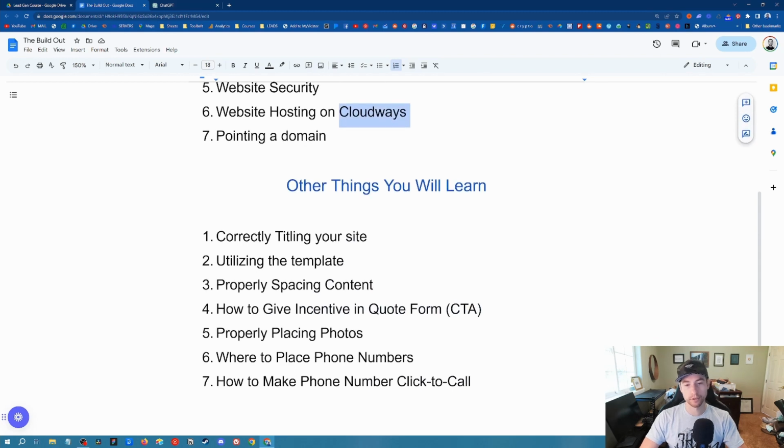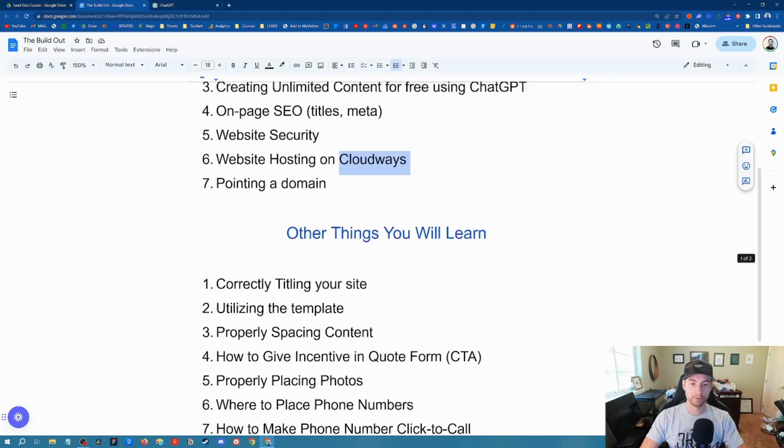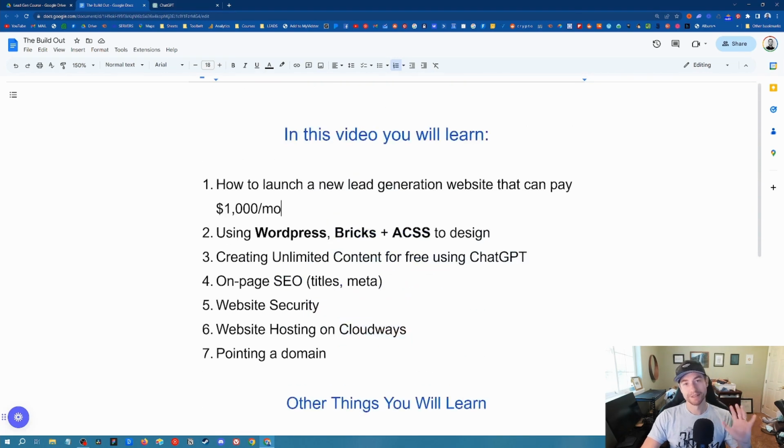Other things you will learn: correctly titling your site, utilizing a template, properly spacing content, how to give incentive in the quote form, call to action, placing photos, where to place phone numbers, how to make a phone number click to call, all that good stuff. So this is jam-packed. This is basically an entire module in my paid program that I'm giving to you guys